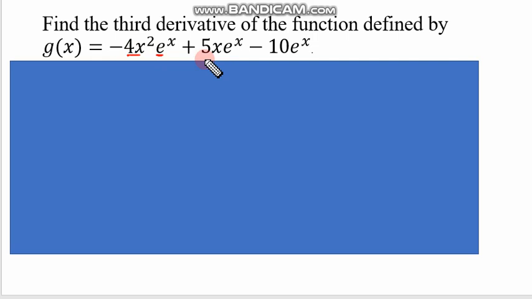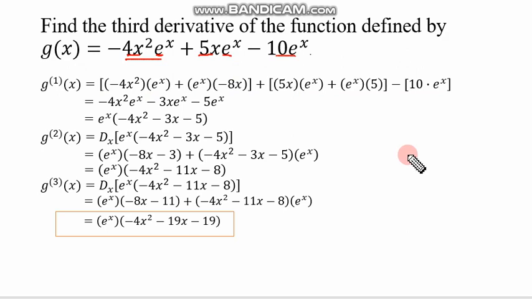So we will use the product rule to get the derivative of the first part, and for 5x e raised to the x we will also use the product rule for the second part, and for the 10 e raised to the x, the constant multiple rule will apply here. Okay, let's solve. Okay, so the first derivative